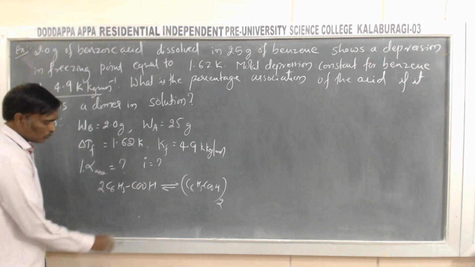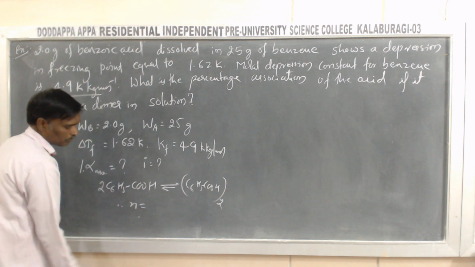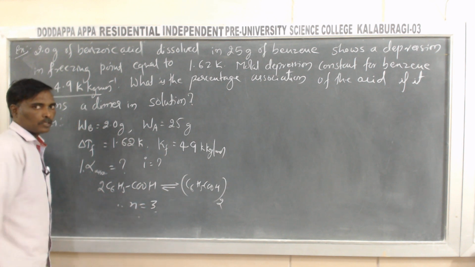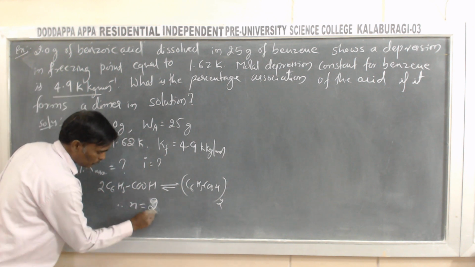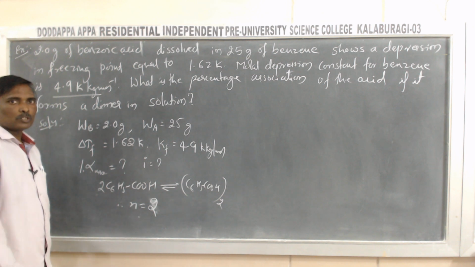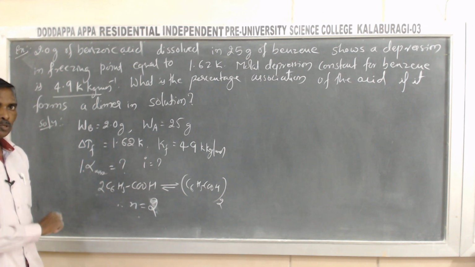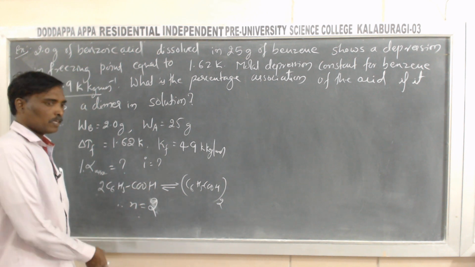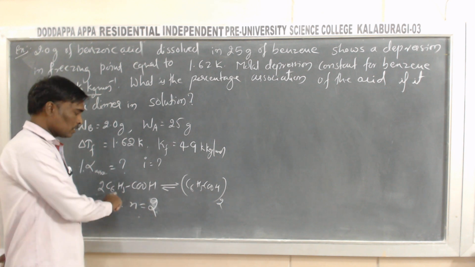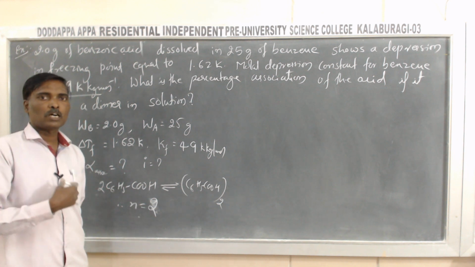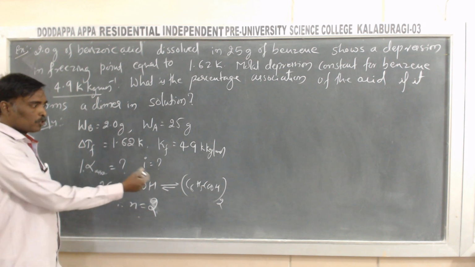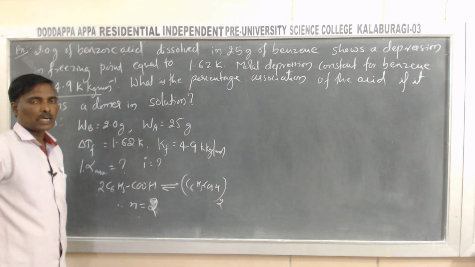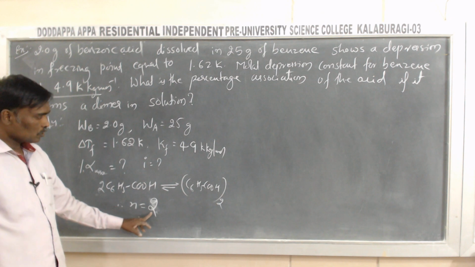So here the n value. Here we write n as the number of ions or number of particles which undergo association. So it is 3. Sorry, the number of association is 2. Then n is equal to 2, because two molecules get associated. In dissociation, we find the number of ions formed, because they dissociate and form ions. Where n is defined as the number of ions formed. But in association, it is the total number of molecules which associate to form the product. So here the total number of molecules associated is 2. So 2 molecules associate to form one dimer. Okay, so it's a dimer. Therefore n is equal to 2.